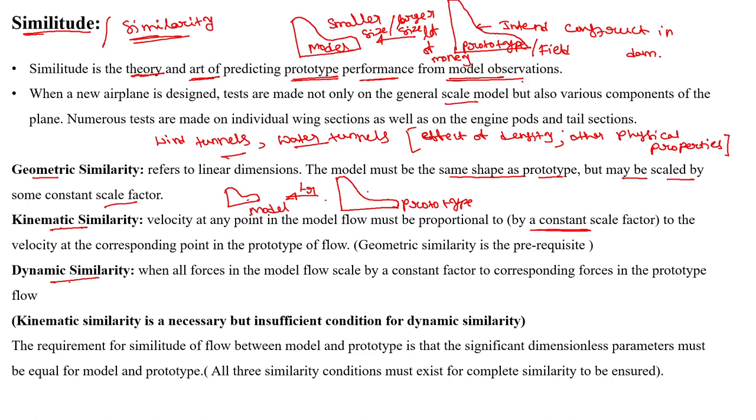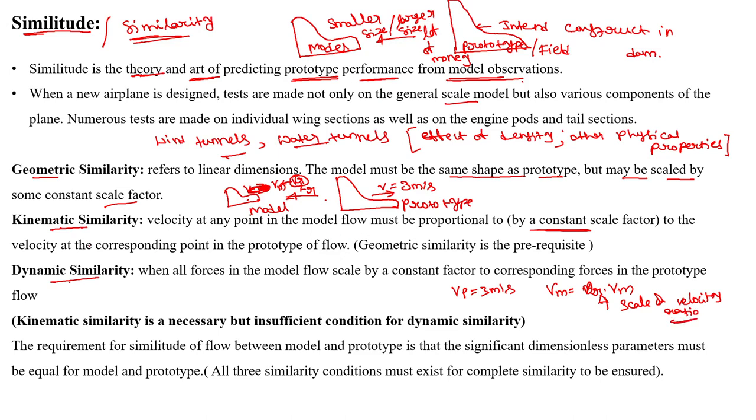If my design velocity at this point is, let's say, 3 meter per second in the prototype, then the model velocity Vm should be maintained with some ratio VR. This is called the scale ratio, the velocity scale ratio. So these ratios,